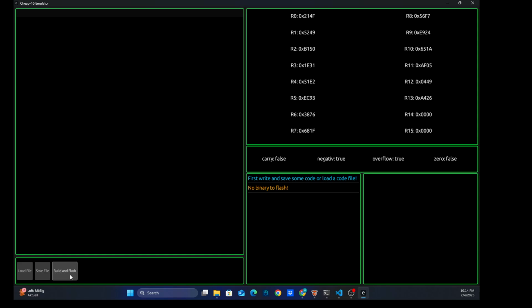And as you saw, probably after that, I tried to build and flash the code. The register values and status registers are updated. We do it this way because we want to randomly initialize registers so that we have an approximate, or better, simulation of a real processor. And here you can write some code. It's important to note that